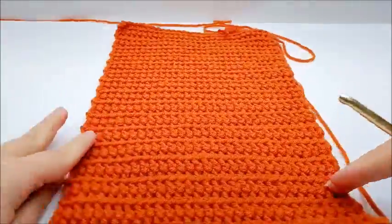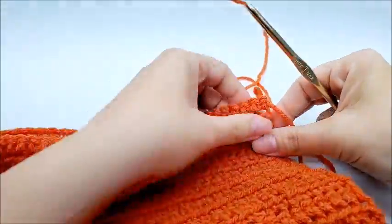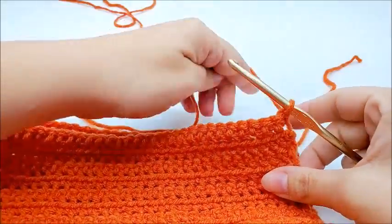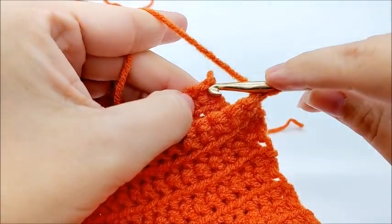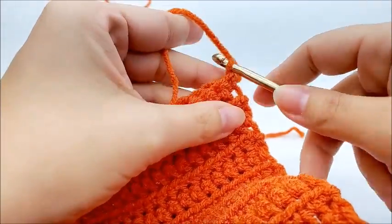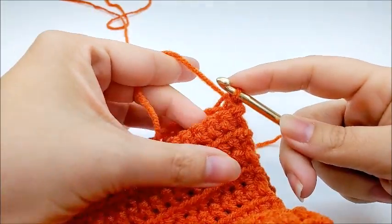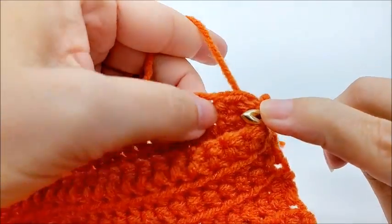Now we're going to slip stitch it together. So I'm going to fold my piece over like this. When we slip stitch, we're going to be going through both loops, not just one. So I got my yarn here. Go into the first stitch over here on the other side, and then we slip stitch through like that, and then we go to the next stitch and the next stitch on the next